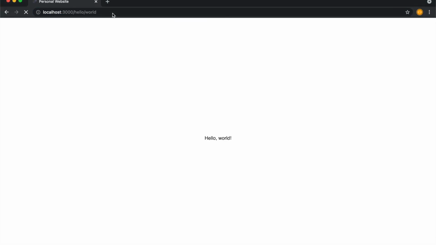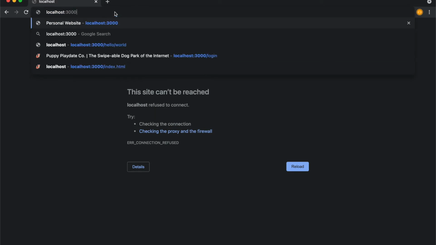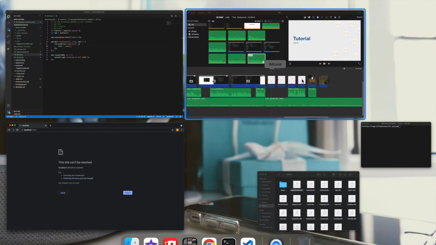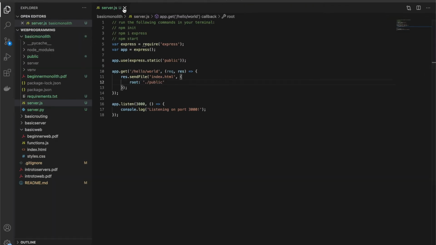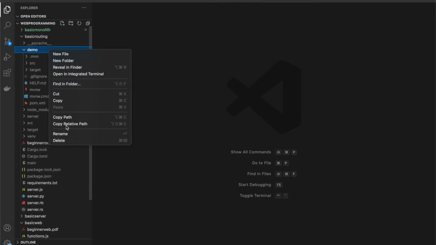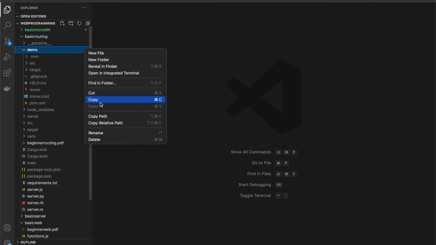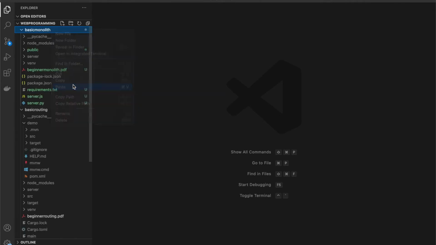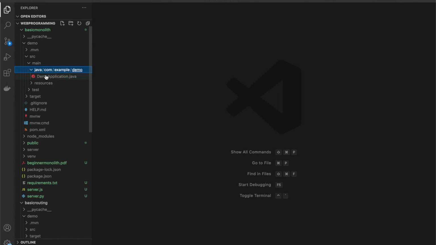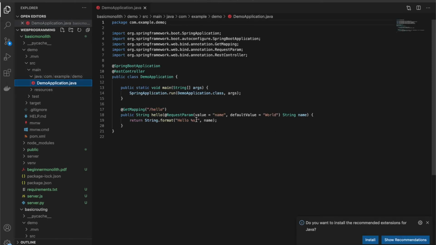Alright, so I'm going to clear out all the garbage from the Node.js and reset everything. And I'm going to copy over the demo project from the previous video that I got from the Spring Boot website, and then I'm going to go in and go over to the demo file class within the source directory,